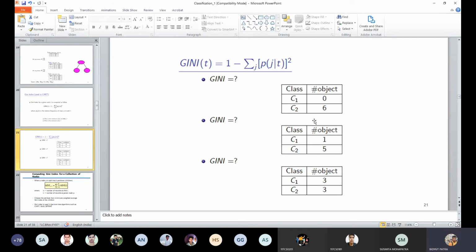That way you can compute the Gini value. Yes, this is the last slide for today.